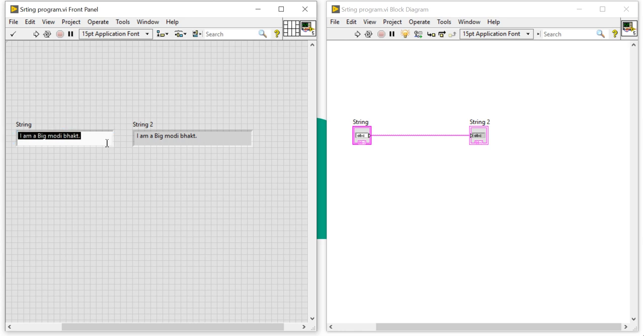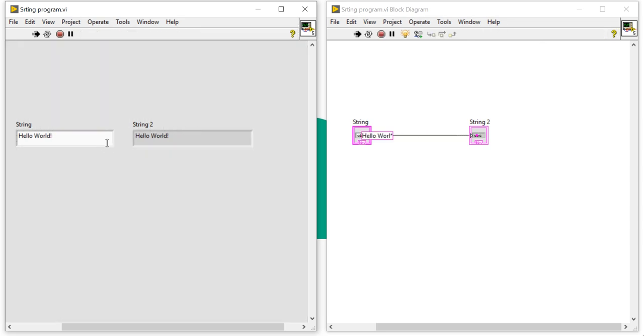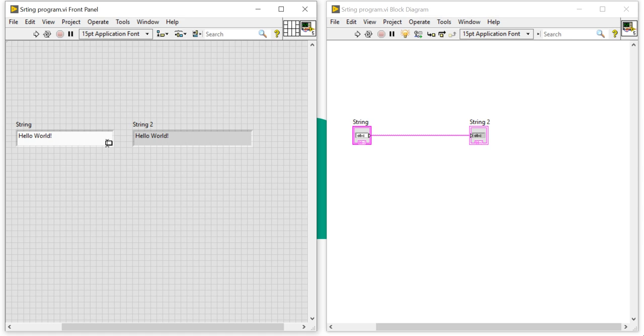If you want, you can write this line, hello world. Please try. Close this program.